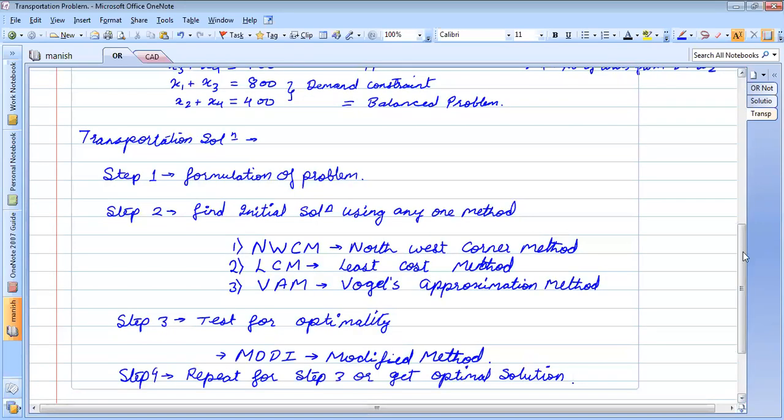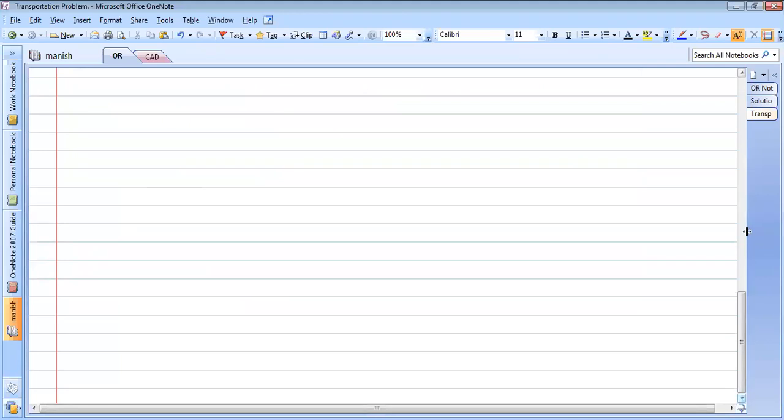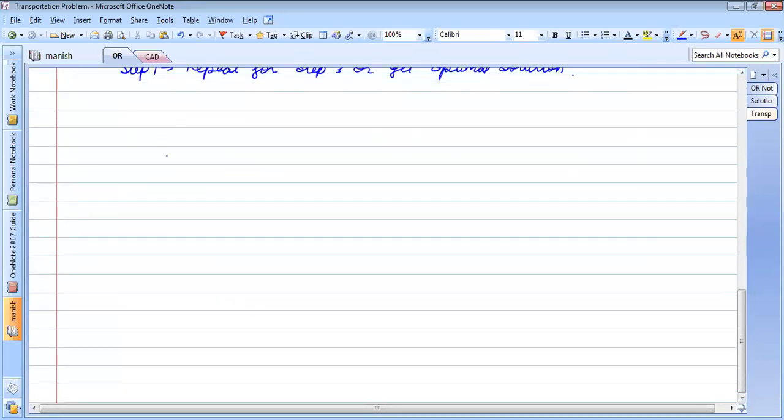Normally for transportation problem, you will create a transportation table.